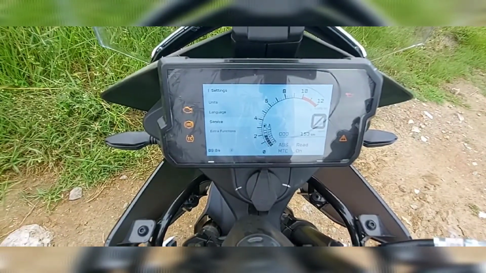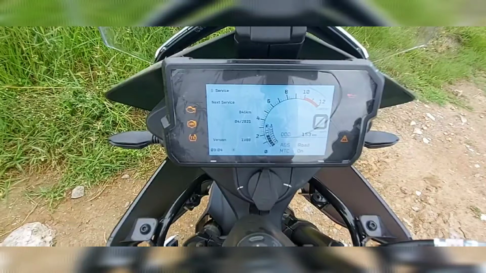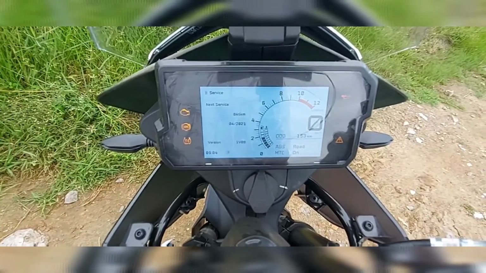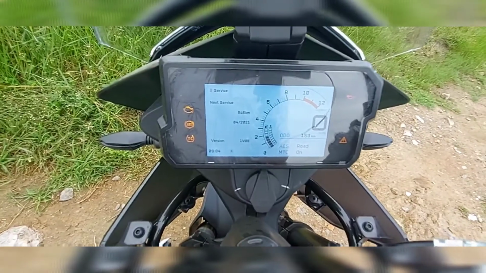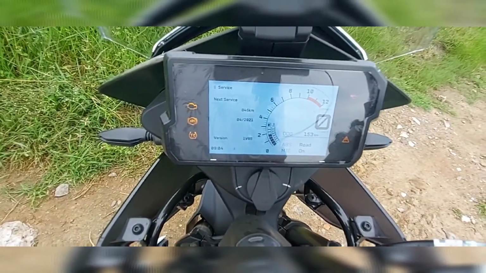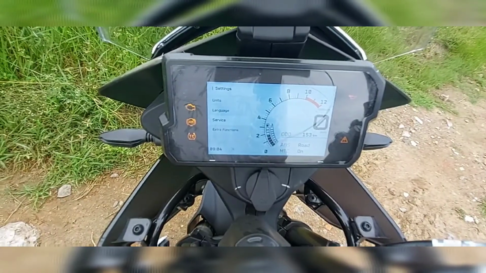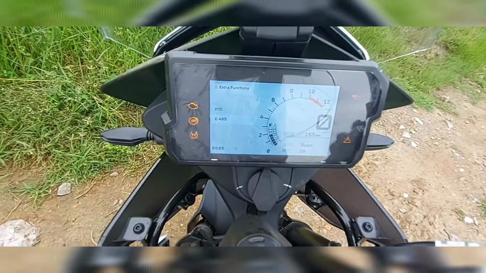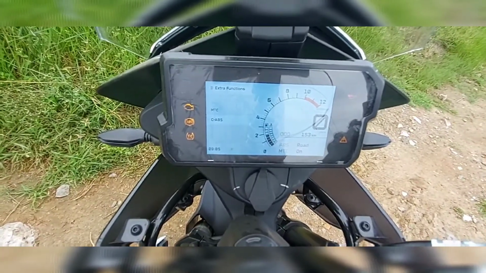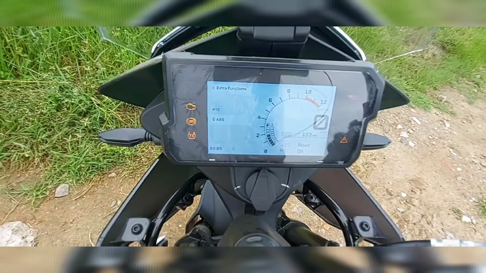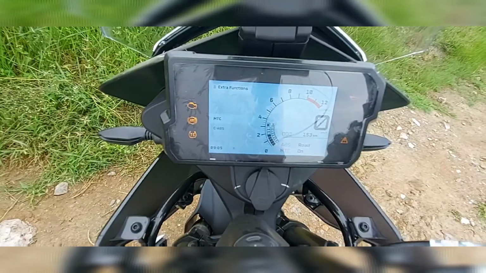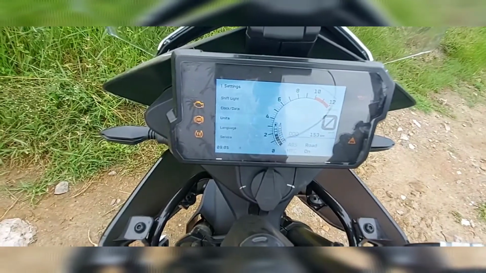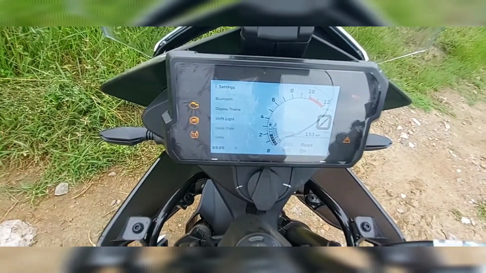And then service, so next service is due in 846 kilometers, that shows. The first service is around 1000 kilometers, right? I've covered 150 kilometers odd, so it shows the next service due interval. And we have some extra functions as well. So cornering ABS is here. If you want, you can switch it on. MTC we have already done. And then extra functions, service we have just had a look at. Clock date, yes. Shift light,